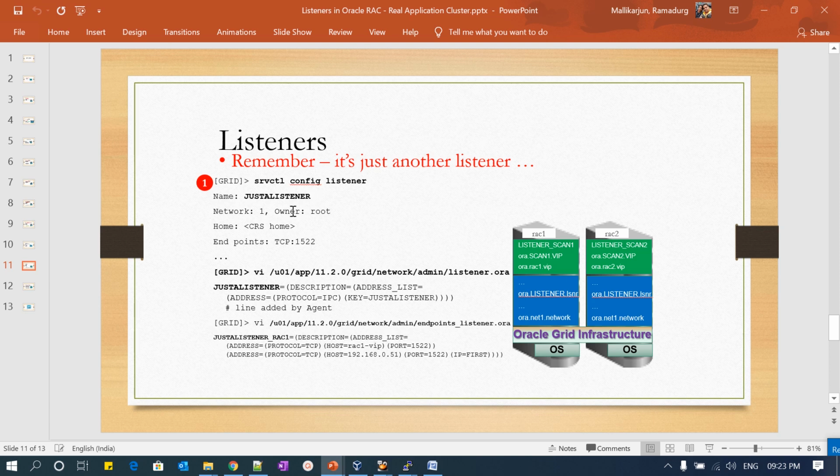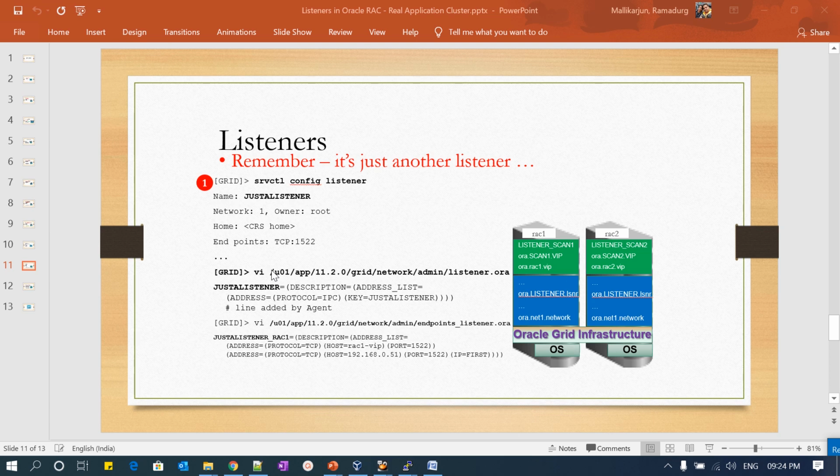You can define your listener name, whatever you want, while doing the configuration. By default, the name will be listener. You can say listener underscore your db name or instance name. You can give any name while defining your listener. It's just an example I gave here.